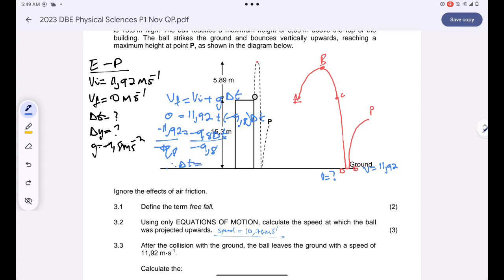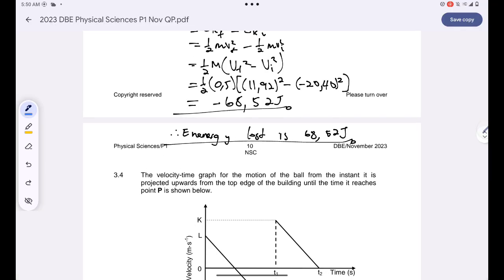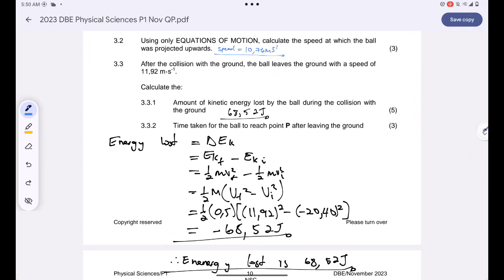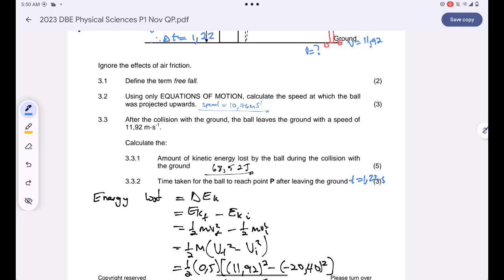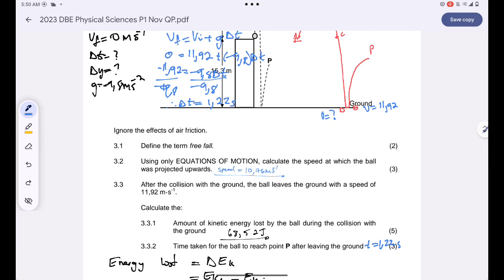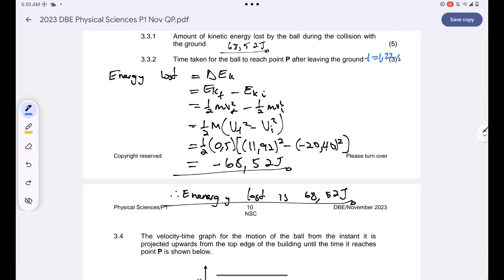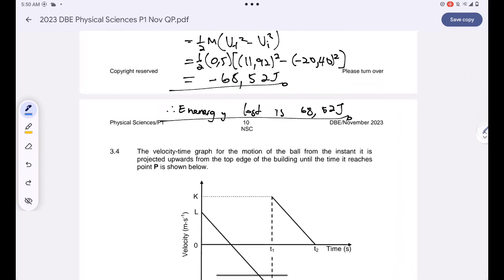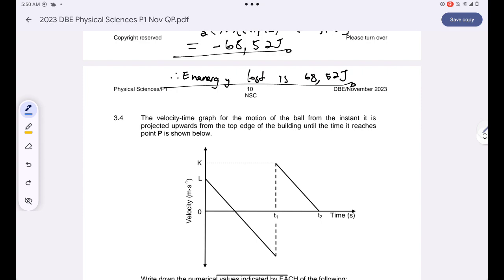So delta T is equal to 11.92 divided by 9.8. I'll simply get 1.22. So the time it takes the ball to reach point P is 1.22 seconds, right? Okay, now we are told that the velocity time graph of the motion of the ball from